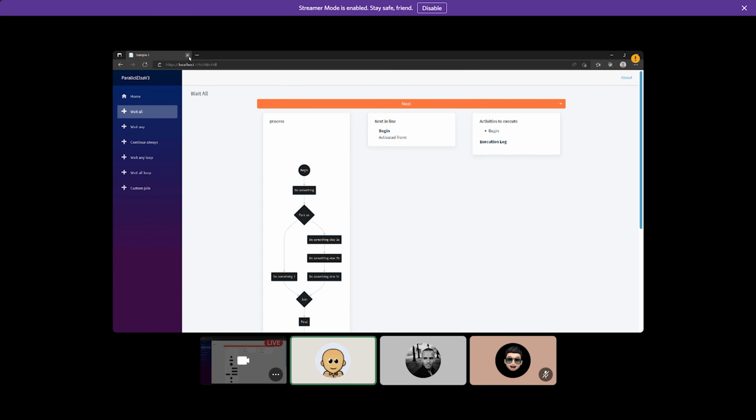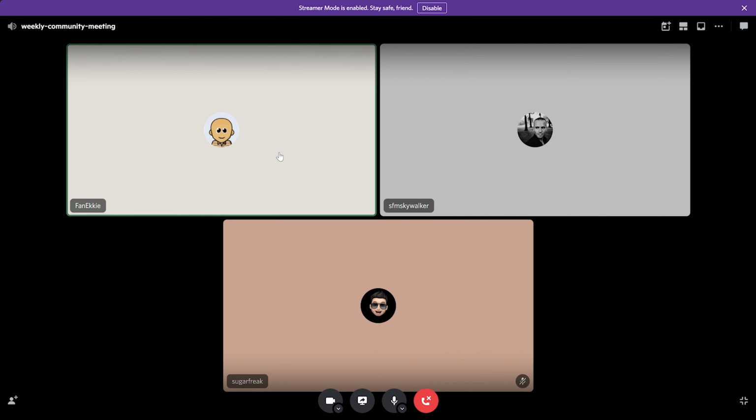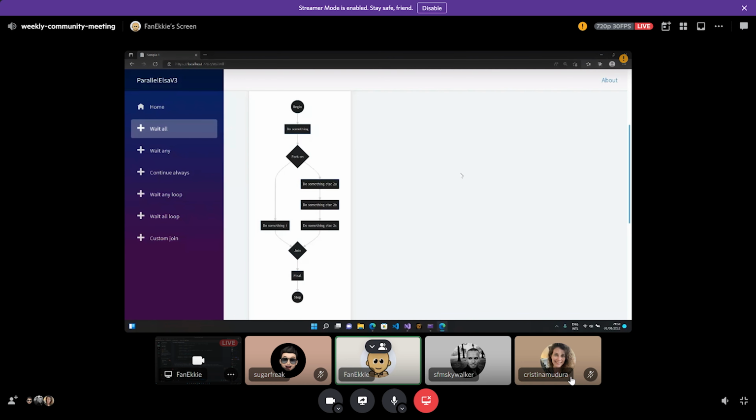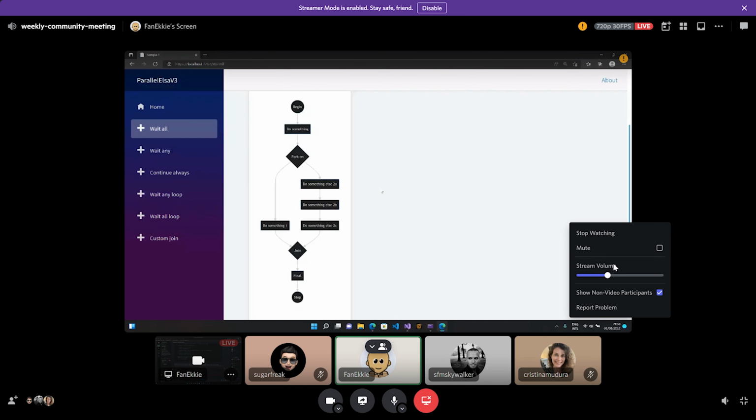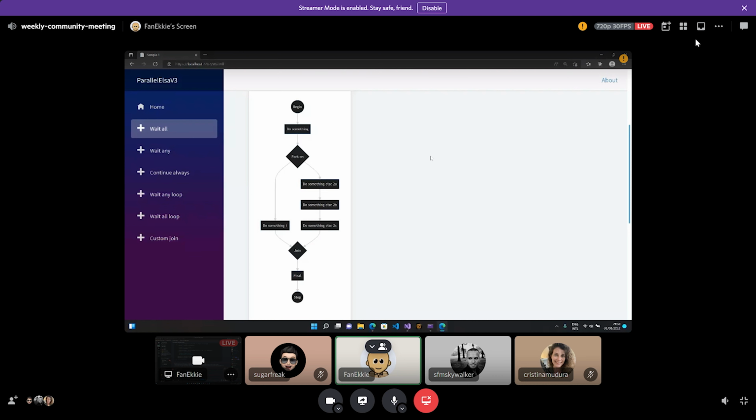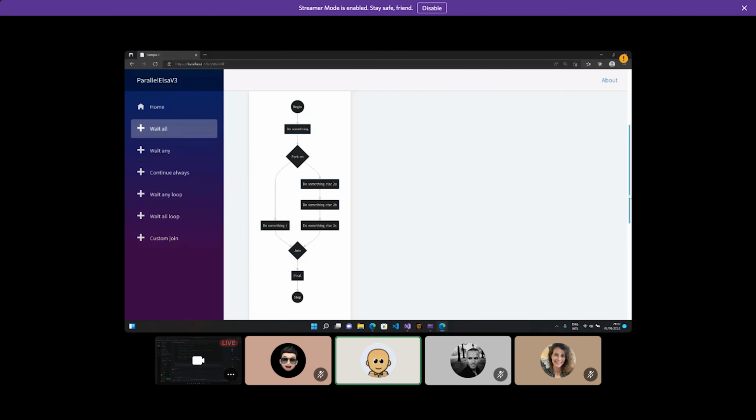Yeah, I was wondering how I would share my screen, basically. So I've been working on a little proof of concept about the algorithm for how to handle parallel execution. We talked about that previous times, and I created a few samples of how it should work. Let me just show you how this one works. In this case, we're looking at a simple diagram where we have a fork and a join. And the join is this time configured as wait all.